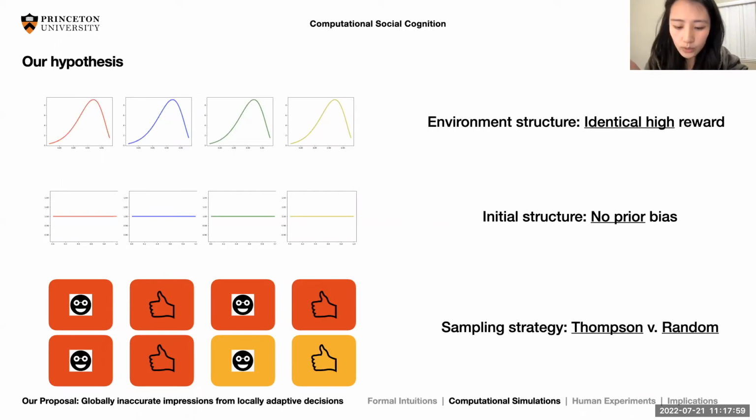But now we need to see a contrast. So we have a control condition, which is random sampling. Just as what random means, we're going to ignore past experience. Every time we just make a random selection. And we can compare how these two conditions are different, or maybe not different.